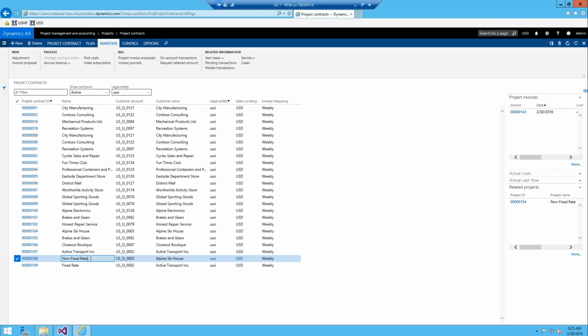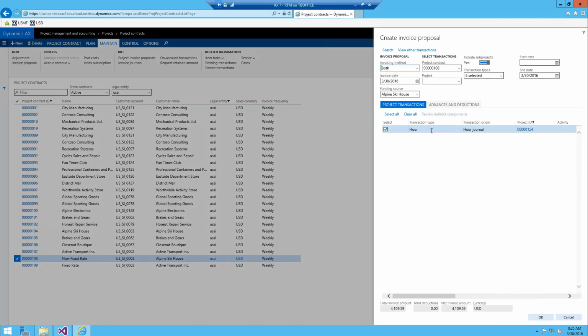So if I go ahead to this non-fixed rate project and we invoice the transactions that I've posted towards it, we'll see what happens here. So I'll go to the invoice proposal button at the contract level here, and we can see that there's some hours, and it's of currency euro, quantity of 10, 300 euro unit price, or a line amount of 3,000 total euros. And you can see down here it's even translating it to USD based off of the general ledger exchange rate, which is $4,109.59. So if I hit OK,